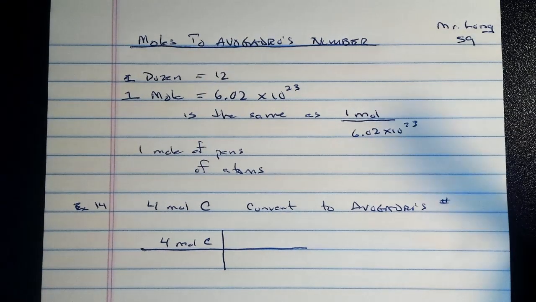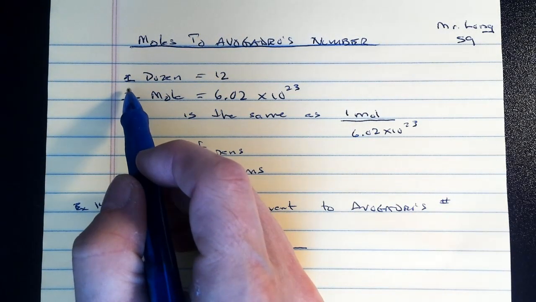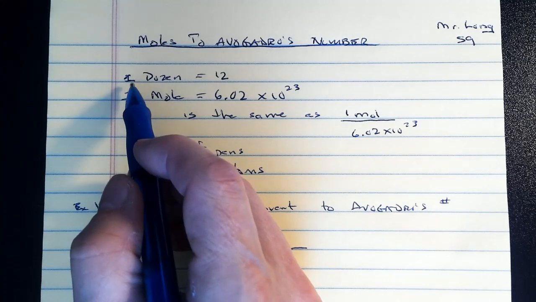Okay, hello. This is Mr. Lom again, and today we're going to convert on the stoichiometry roadmap from moles to Avogadro's number and Avogadro's number to moles. Now, you know that when we talk about measurements or how much of something, 1